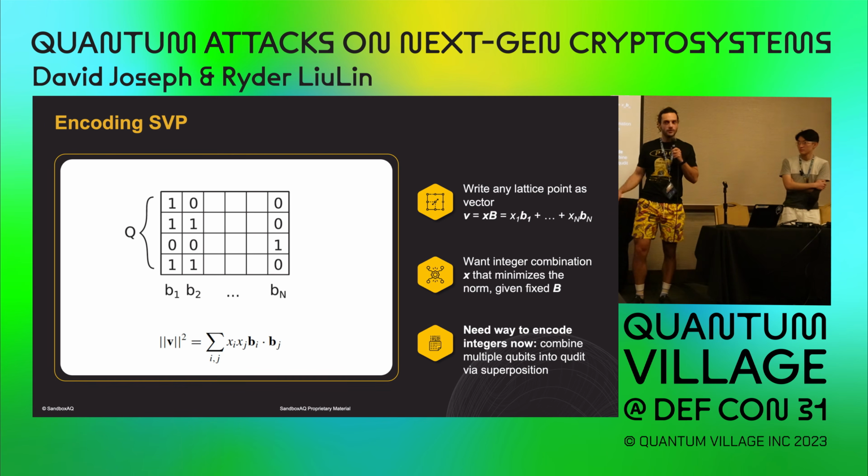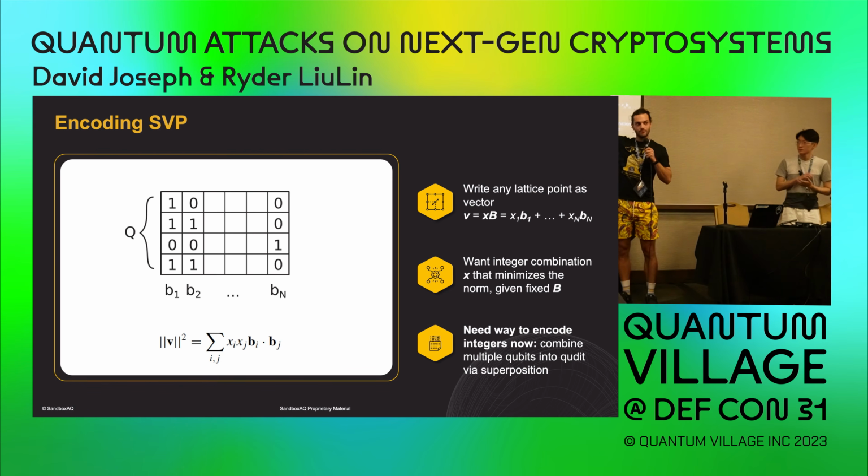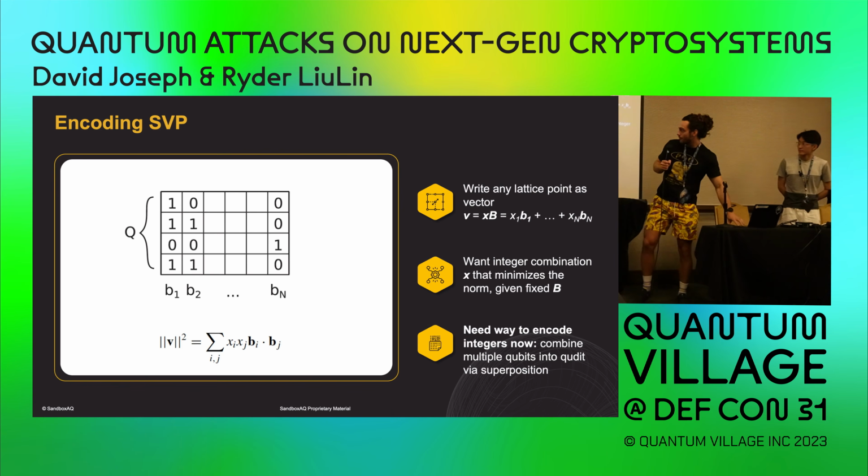I did that, and all of a sudden the result was much better. Now, this is why: it requires many more qubits, but it's more robust. And the reason why is because when you have this